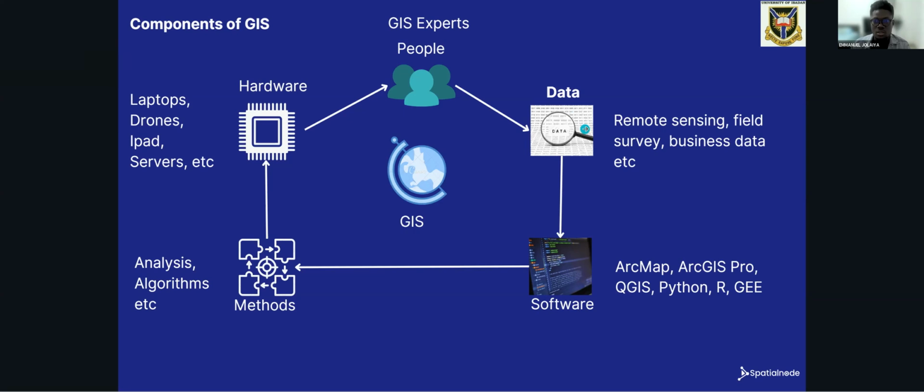Then we have data. Data is very important because GIS is data driven. At the end of the day, you can't do anything without data. If you don't have data, you can't do GIS. And there are different data. One of the ways is remote sensing, which is